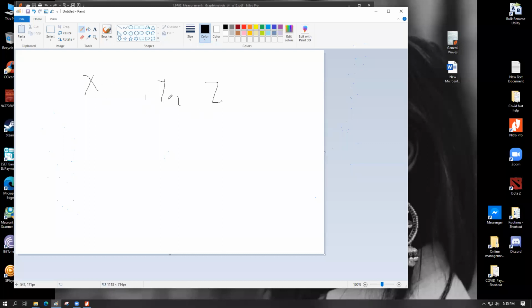Suppose the composite quantity is, let's say, alpha, and we are trying to calculate alpha by x to the power 4 into y to the power 3 divided by ln z. Suppose this is the situation. From this equation, somehow we have to calculate the value of alpha from this